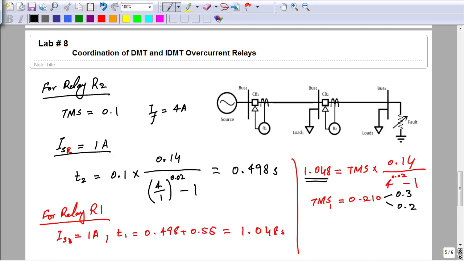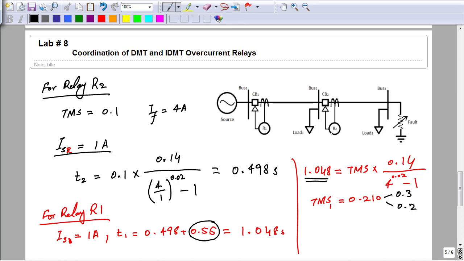For example, if we round it upward to 0.3, the relay would take greater than this time, which is not acceptable, because the difference between their operation should not be greater than our coordination time of 0.55 second. And if this value is rounded to 0.2, the relay would operate in shorter than this time, and due to this short operation time, it is quite possible that relay R1 may fail to coordinate with R2.